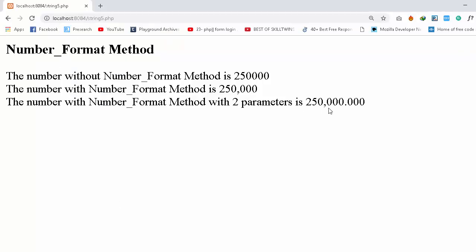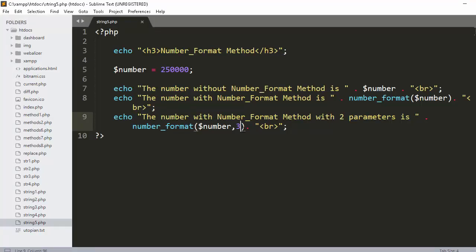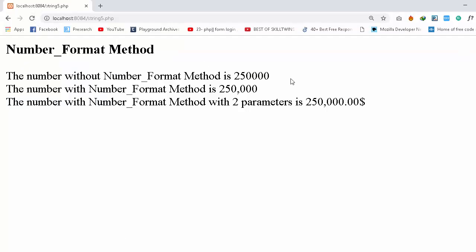Let's reload and see, and we have 250,000. Then we have the decimal point, which is the point, and 3 decimals, or 3 zeros, after the decimal point. Let's, for example, specify it to 2, and I will use the $ sign. Let's reload and see, and we have